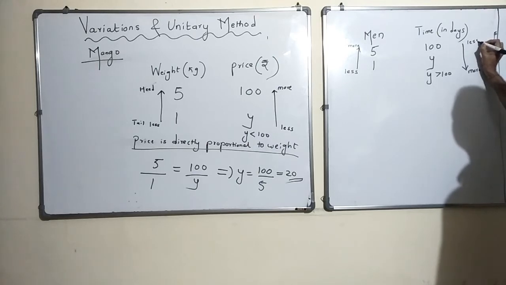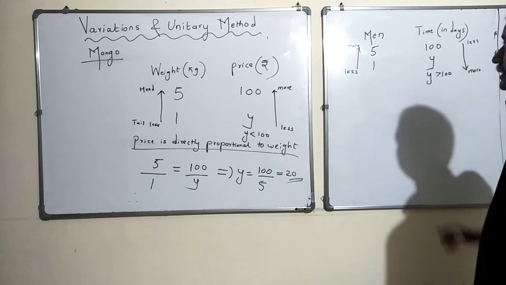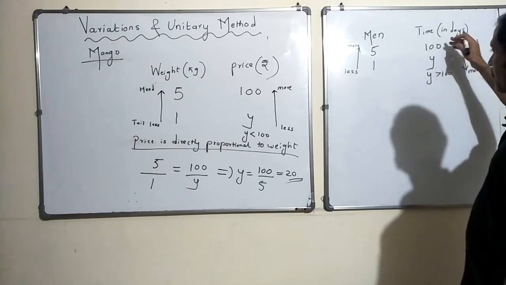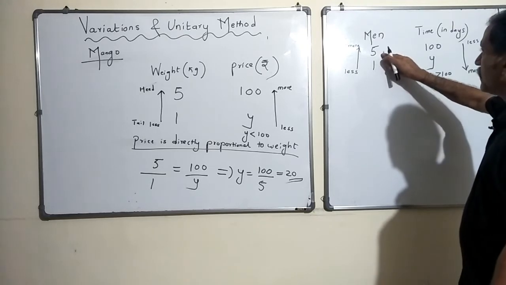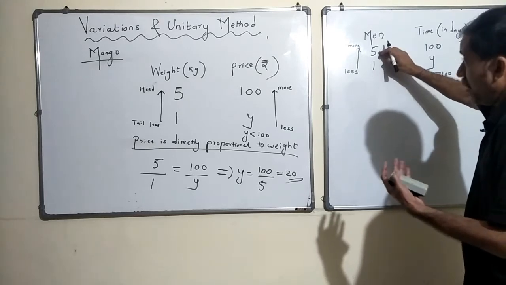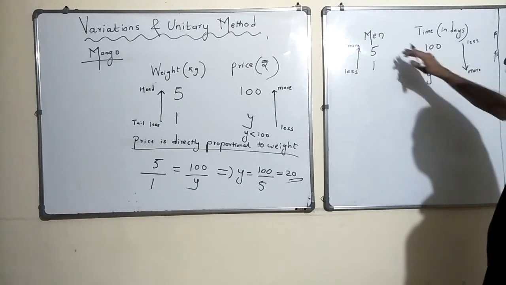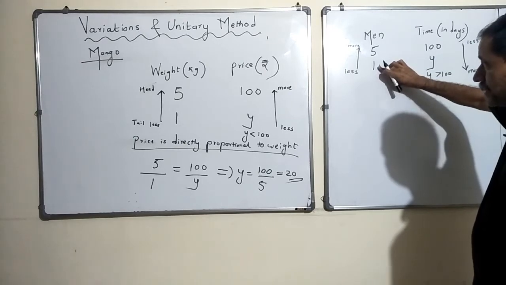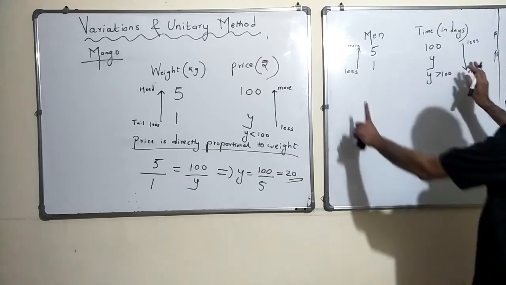Now you see that these two arrows are pointing in the other direction, which means as the number of men decreases, the number of days increases to complete the work, correct? 5 men take 100 days, men started going away and you have just one man and he will take much more than 100 days to finish. So one thing reduced but the other thing increased. This reduced here from 5 to 1, but this went from 100 to some y which is more than 100, so this increased, and these two arrows are in the other direction.